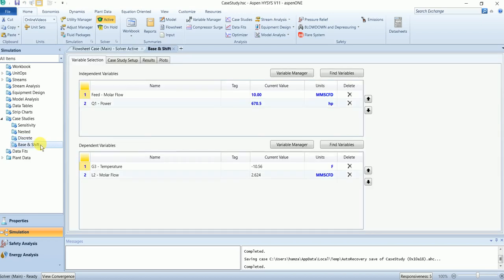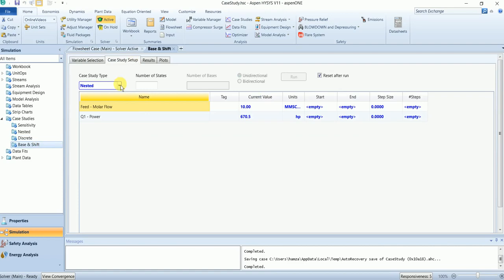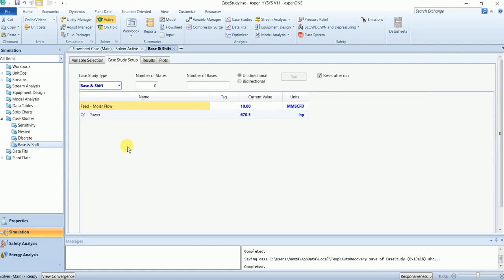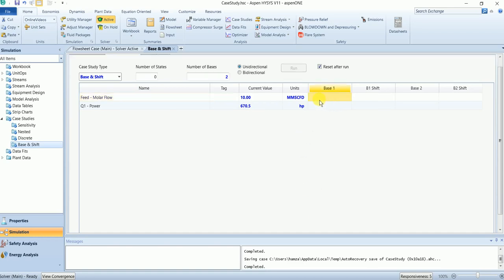The last type is base and shift. In this type, you have to specify the number of bases. For example, the number of bases is 2. Now for each case, you have to specify the base and the shift. Base is the value on which it will calculate the results at the start, and the shift is how much to increase or decrease the value of this base value.